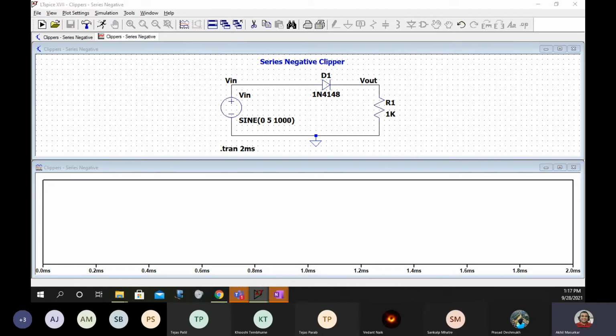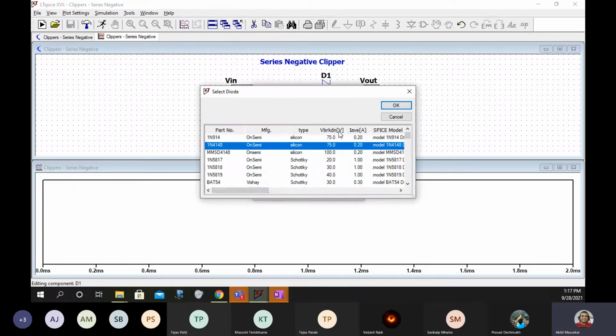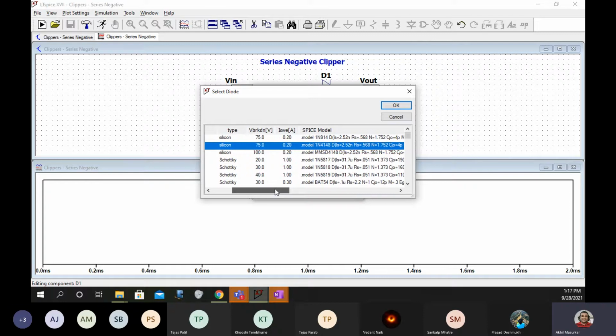So very methodically we are going. Certain things have to happen in this way. Okay, Mithilesh, this shows that your graph is running and you have put V in and V out as the labels for the clipper, that is the input and the output. Ground is very important, otherwise your outputs will come all wrong. Now if you click on this, you can see that the breakdown voltage is 75 and the forward voltage drop